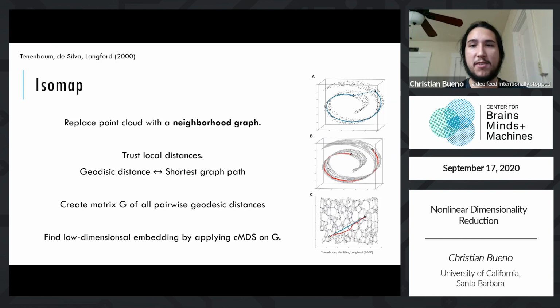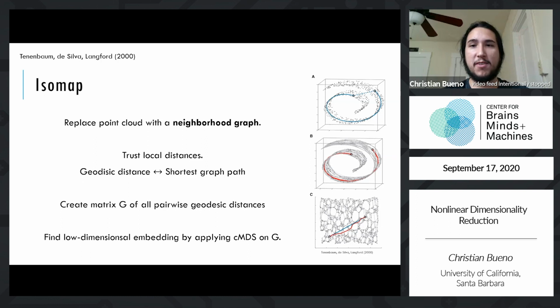The idea is, say you have a point cloud, which represents your data, like this would be the A right there in the top right. And notice that the two circled points are not that far apart from each other when considering how a crow would fly, right, the straight line distance. But as far as the intrinsic dimension, when we look at this, we see that this is coming from some surface in three-dimensional space. The intrinsic distance along this manifold is much, much longer. It's far away. And we would completely miss that if we were to do multi-dimensional scaling with the Euclidean distance. So what Isomap does,